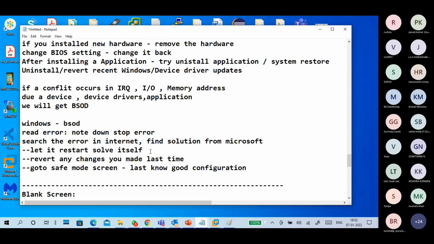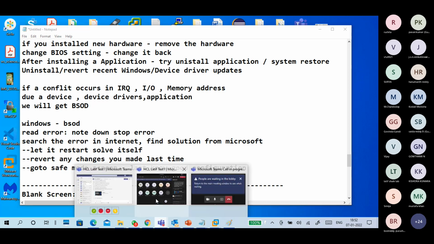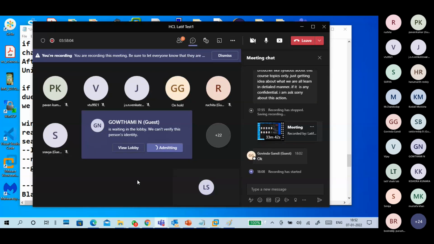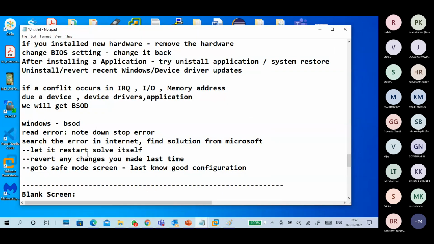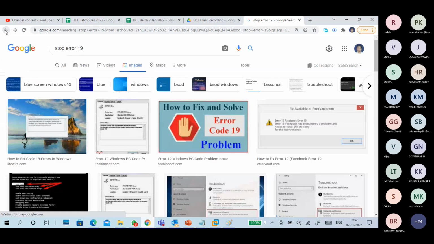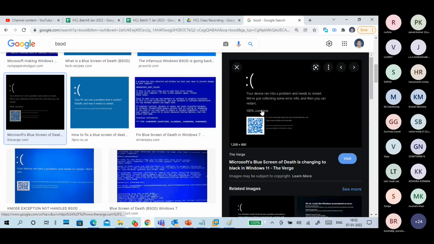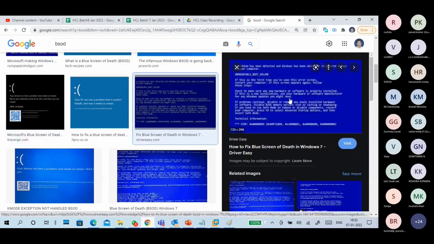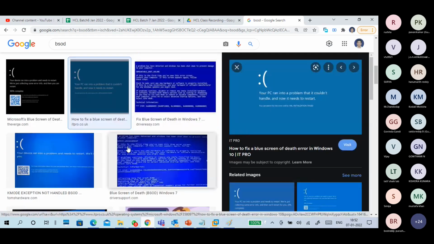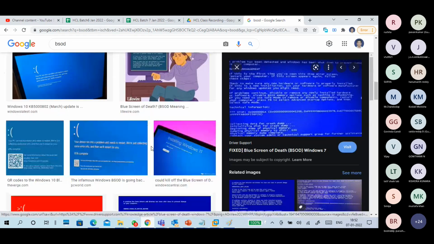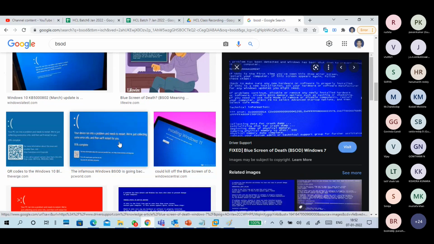Don't run to someone asking, I got a problem, please solve it. Don't ask them. Very simple: you got a blue screen of death, and it is trying to restart. You can see it reaching 100% complete as it collects the information, and most problems will be solved by restarting.